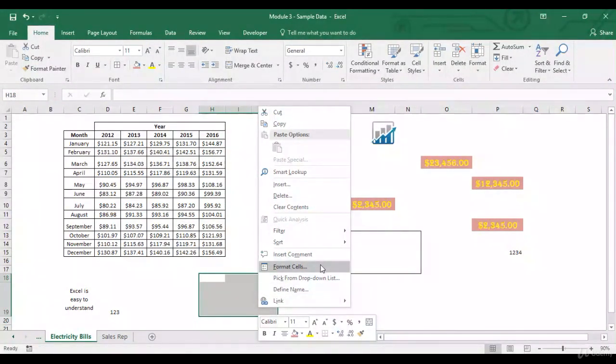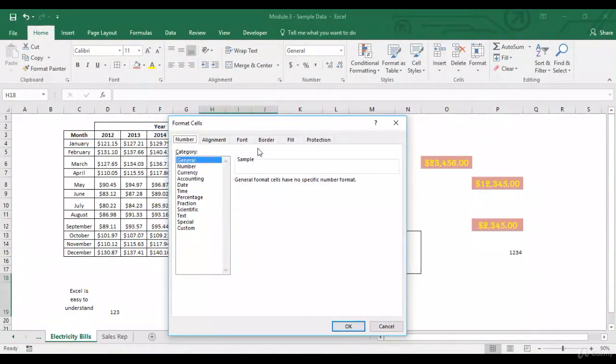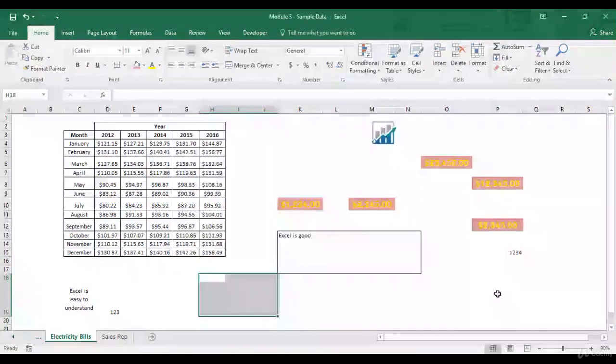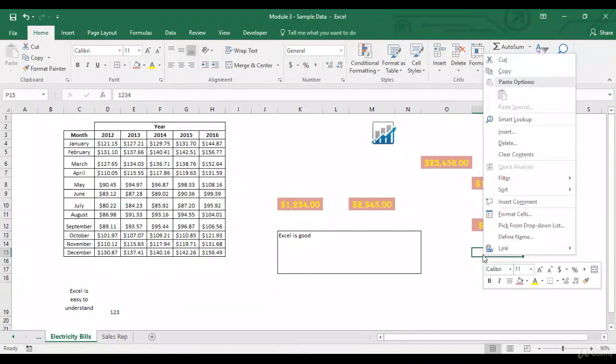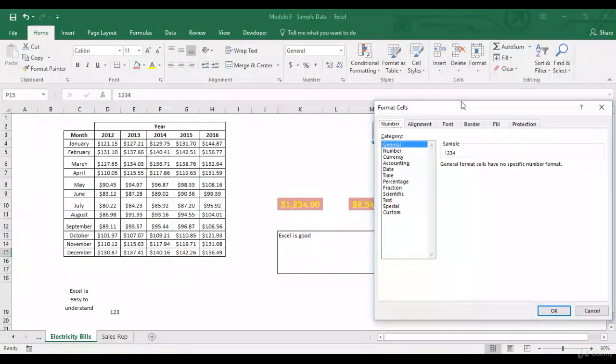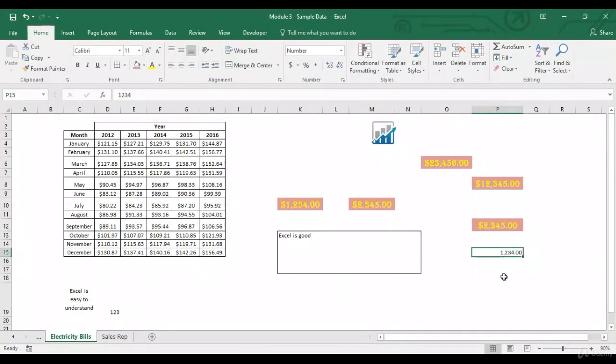Now, when you do a right click, you also get this particular drop down. When you click on format cells, a format cells dialog box gets opened. I've got 1, 2, 3, 4 over here, and I do a right click, format cells, number, it's already number. So let's put a comma. As you can see, it adds a decimal point and it also adds a comma after the 1000.